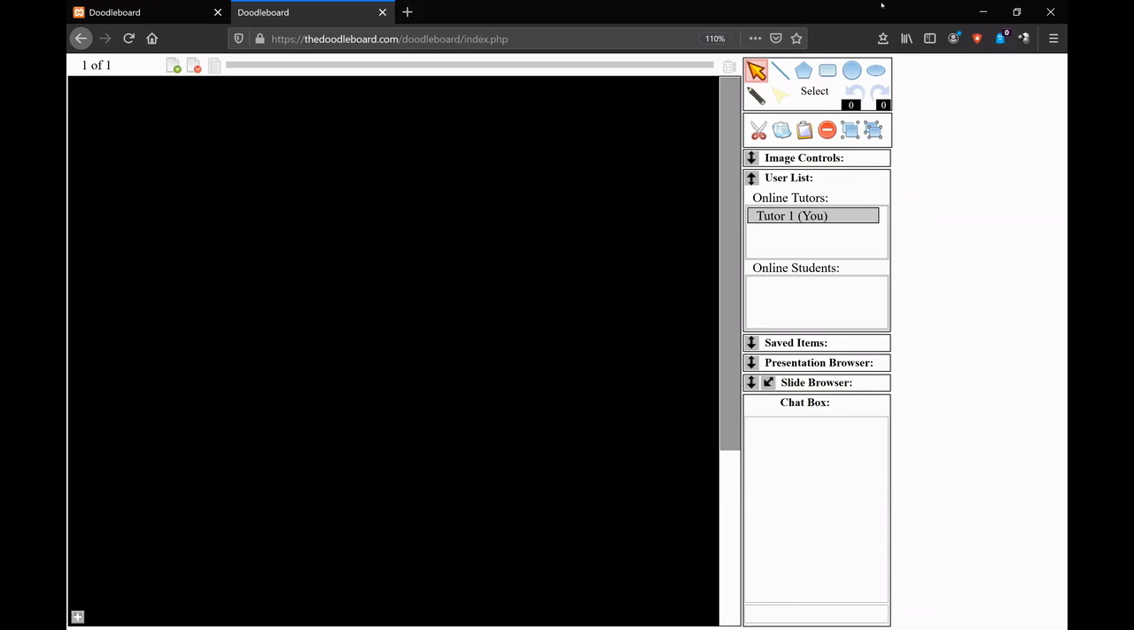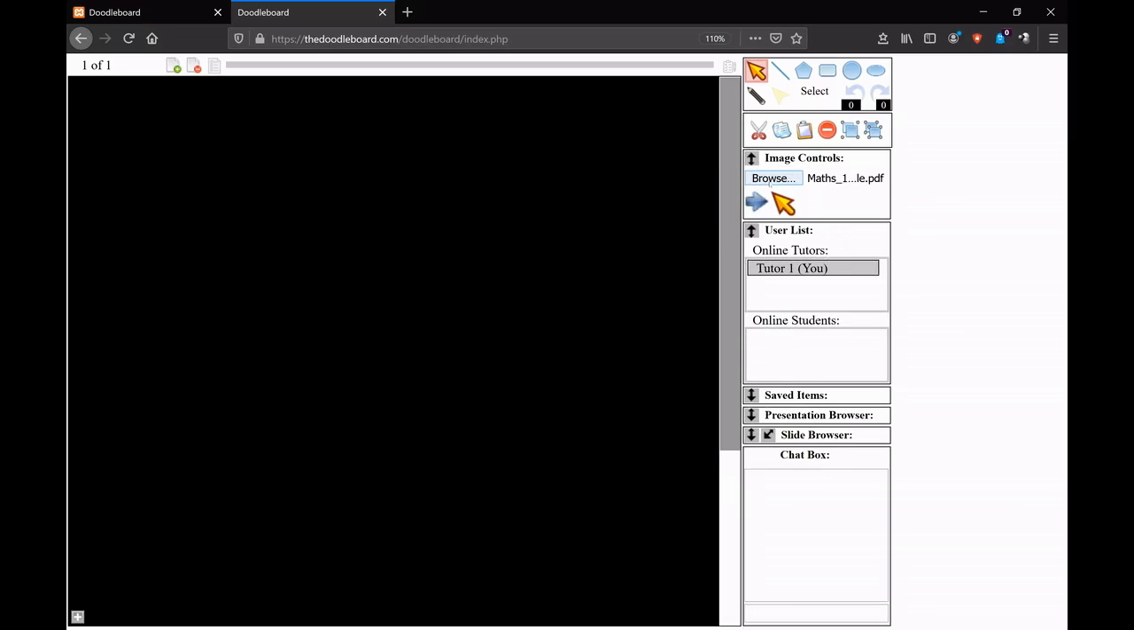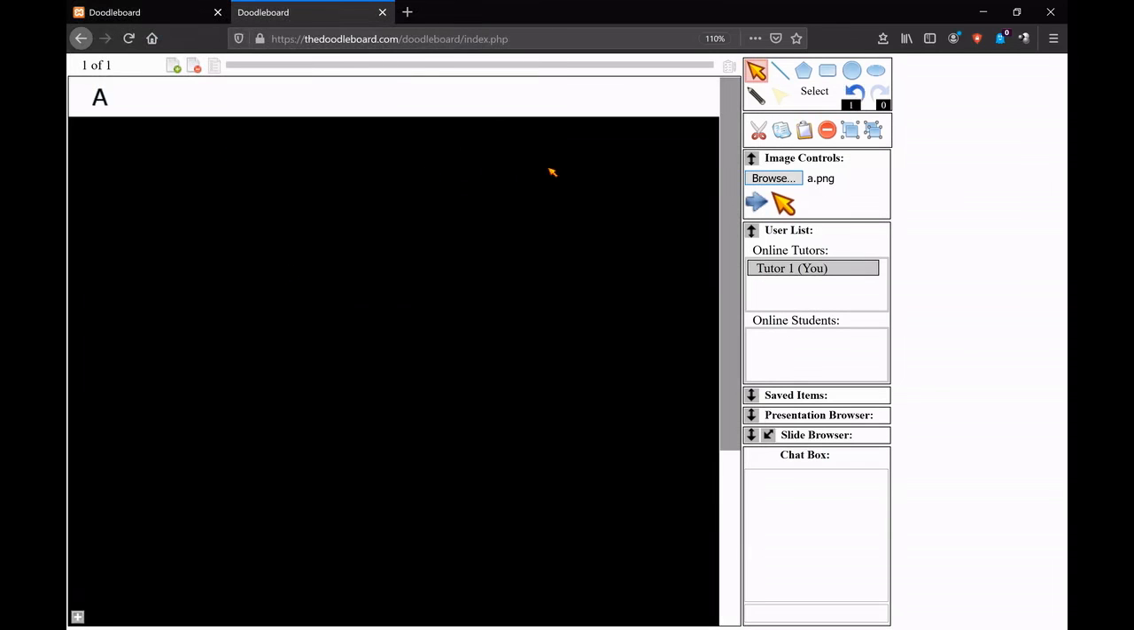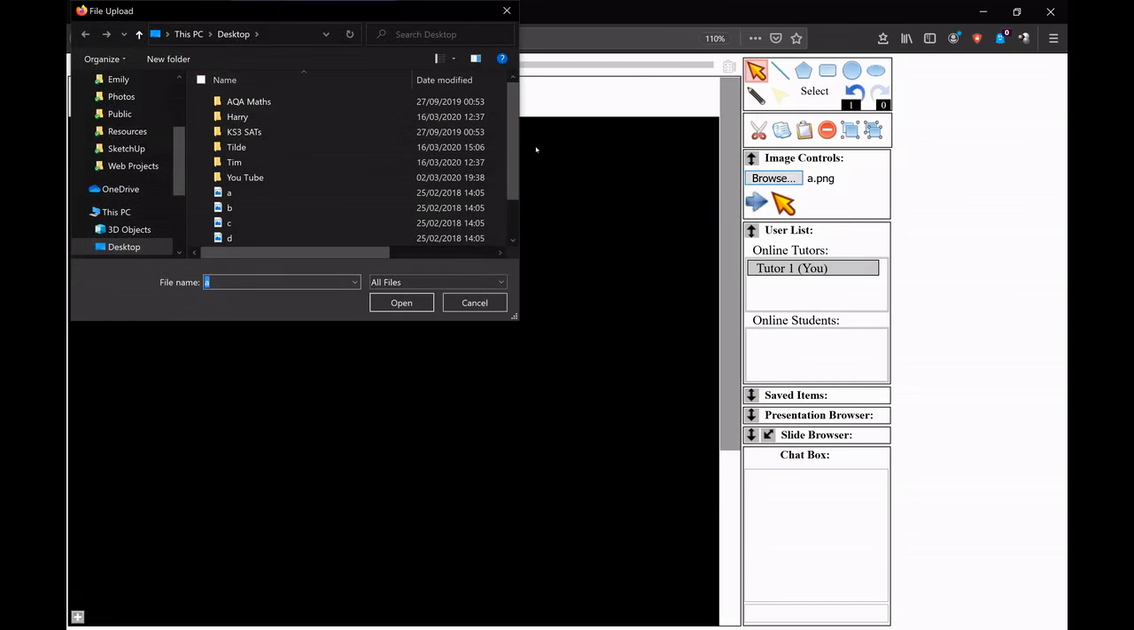Okay, so here I just want to demonstrate the upload tools. So if I open image here, I can browse and upload an image. If I just choose an image, it will just appear directly straight on there. However, if I choose a PDF, then